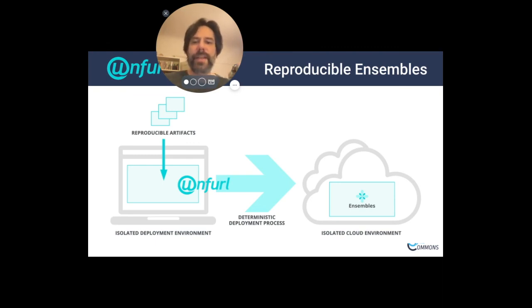And so if we can think of that analogy, of course, cloud applications and cloud services are fundamentally non-deterministic in many ways, but we can start to approach having something that's reproducible if we start with these reproducible artifacts and we create these isolated environments, and then we can define cloud environments that are guaranteed to have a certain set of attributes. And using Unfurl, we have a deterministic deployment process,